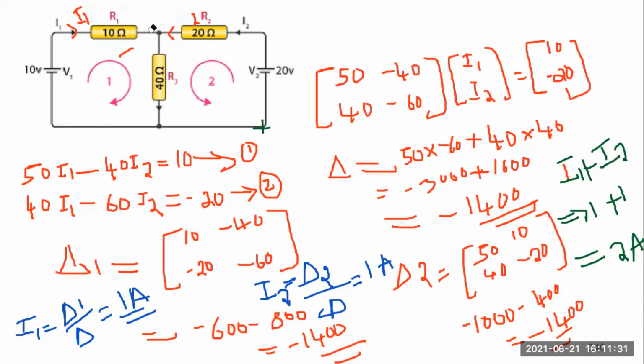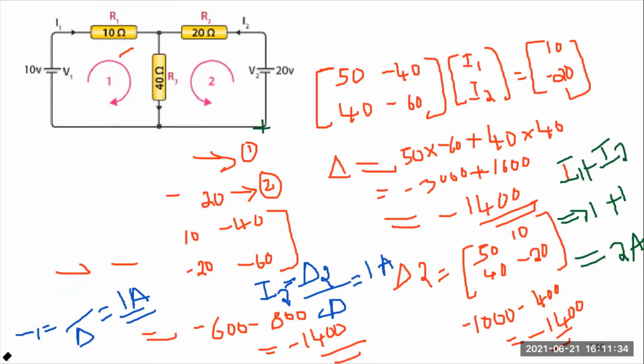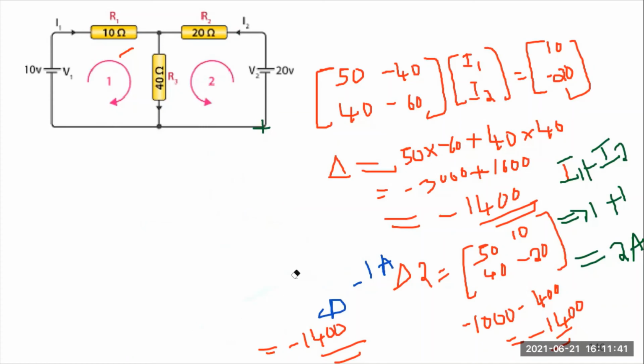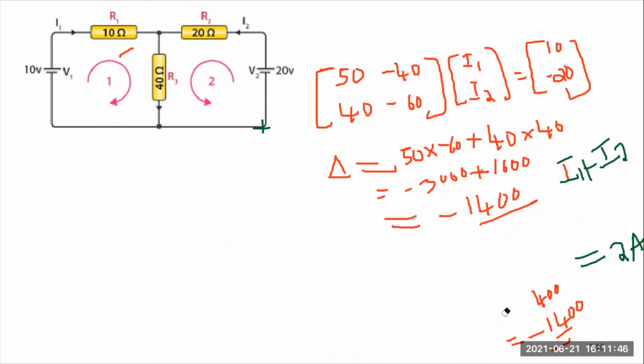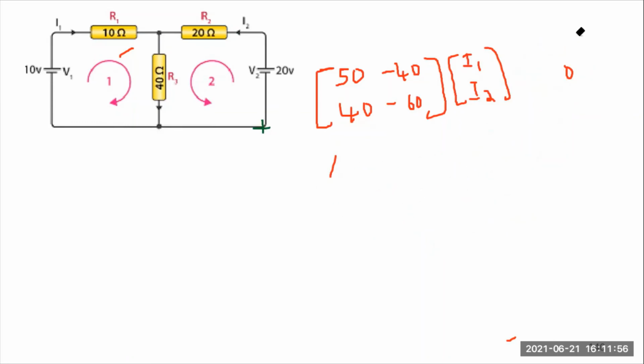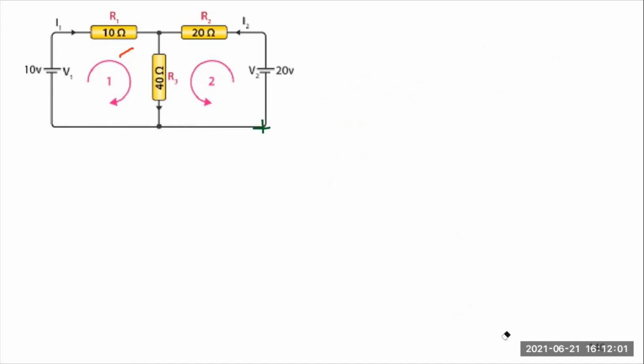So this is the way to solve the example. You can use KVL first and frame the separate equations. Afterwards, calculate the values of I1 and I2 using Cramer's rule, as I explained in the last session. Once you get I1 and I2, apply KCL: total current entering the junction is equal to total current leaving the junction at any particular point. So I3 is equal to I1 plus I2. Then I can calculate the current flowing through the 40 ohm resistor.